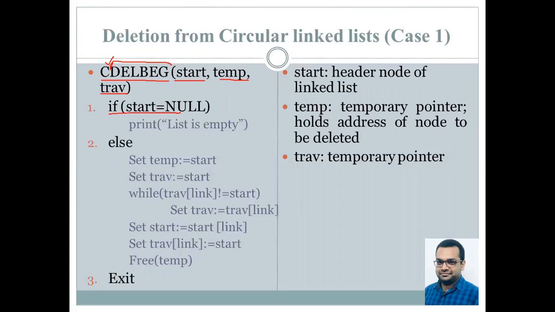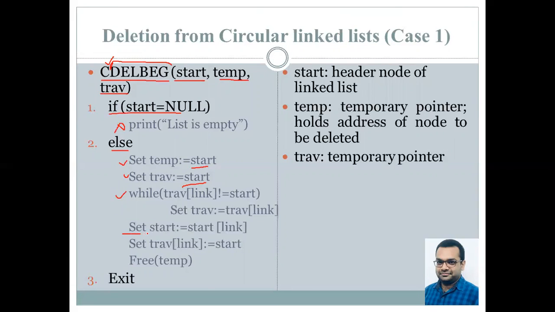Now we check if start value is null, so the list is empty and therefore deletion cannot be performed. If this is not the scenario, the control jumps to the else part. We initialize temp and traversal with the address of the start node. We keep on traversing through the linked list till we reach its end, because this being a circular linked list, the challenge is to make the last node again point back to the first node. Since the first node will be removed from the linked list, the node that was initially second now becomes the first, and the last node will be made to point to it.